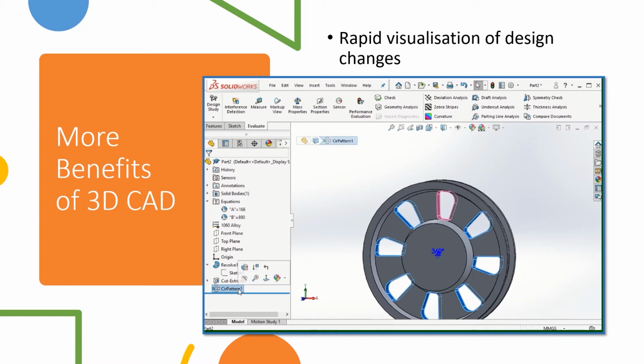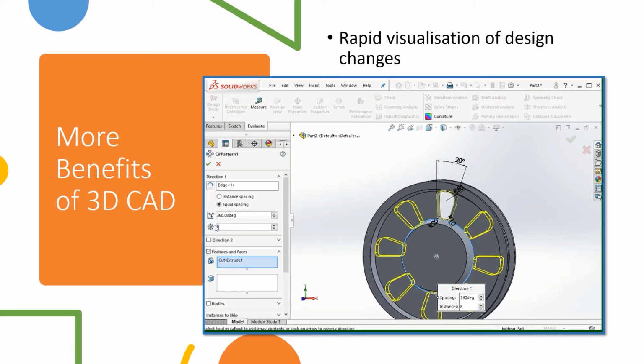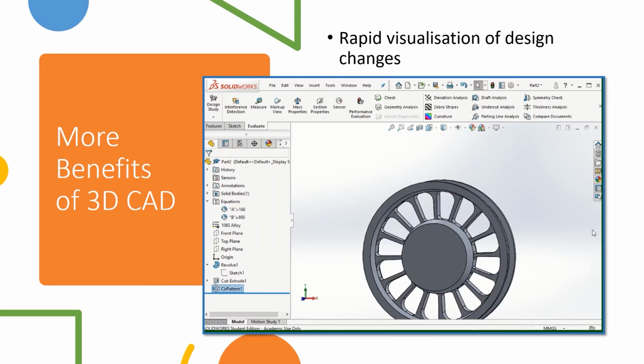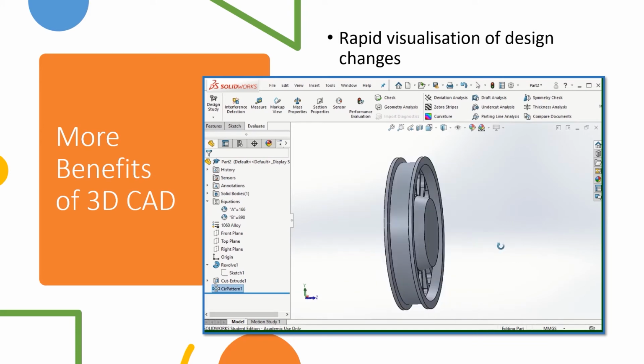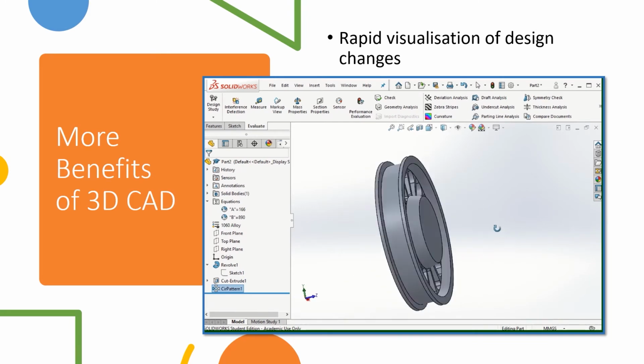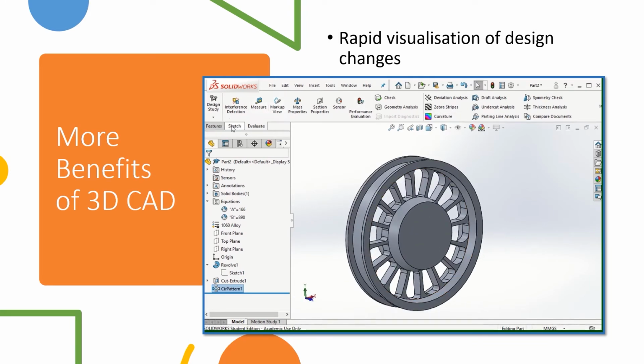So let's go back into our design, and this time we'll go back in and add our 16 spokes back in, just to strengthen that right back, to reduce some of the weight in the wheel again. There we go, nice and quick and easy. I want to now add a couple of